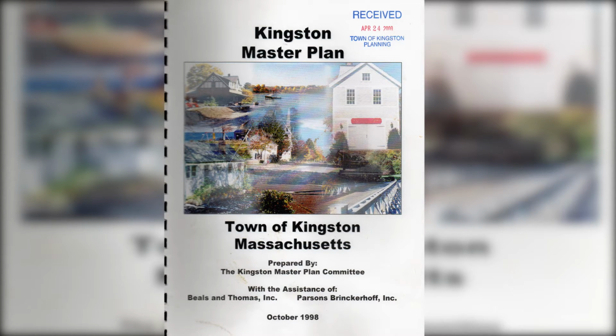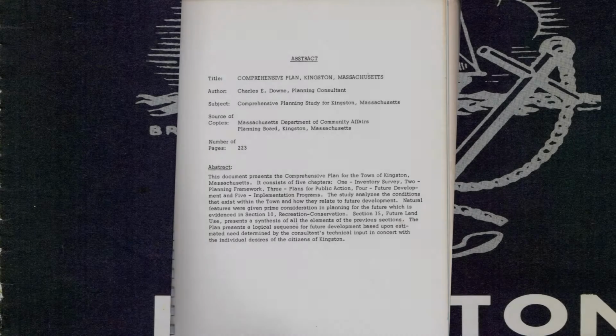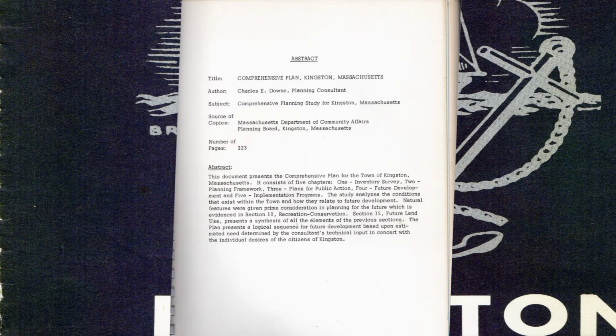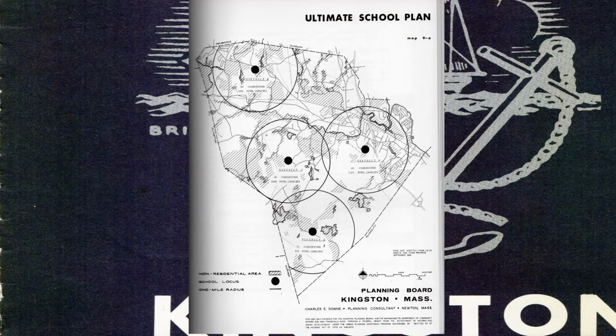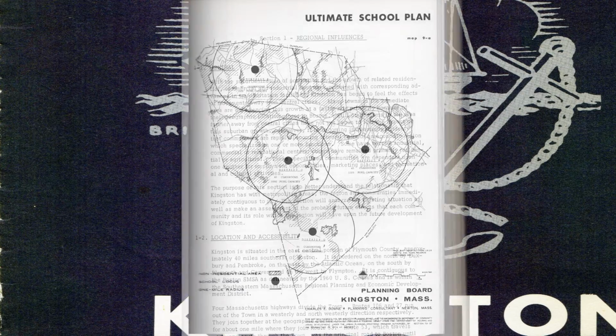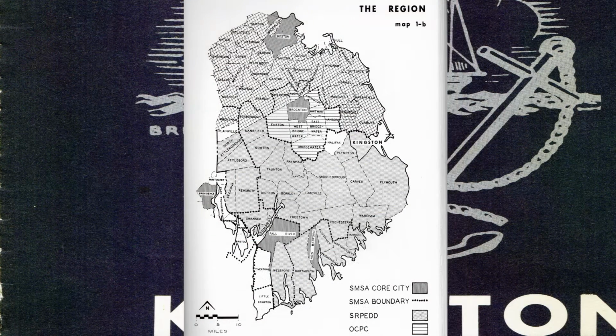And so we are fortunate enough to have some of the basis from the 1998 master plan to work off of. But it's amazing how things don't change from what people want, because things that were in the 1970 plans that were identified as concerns, things that people want, places, parks to go to, places to go to, affordable housing and things like that, they frankly don't change a whole lot. The challenges that we face sometimes change, and we'll get into some of those particulars in our future meetings as well.